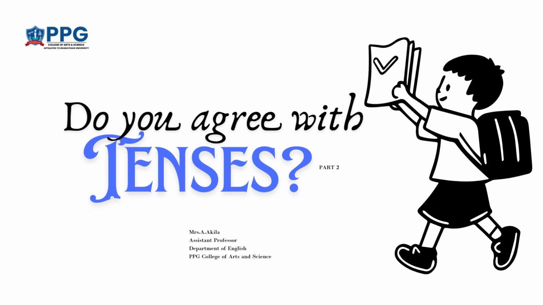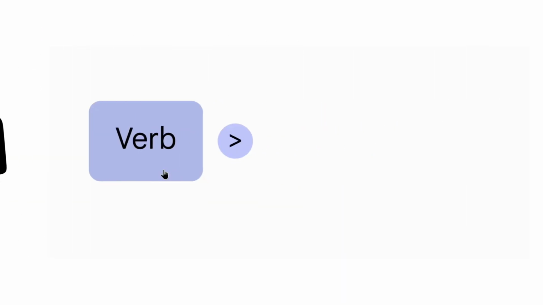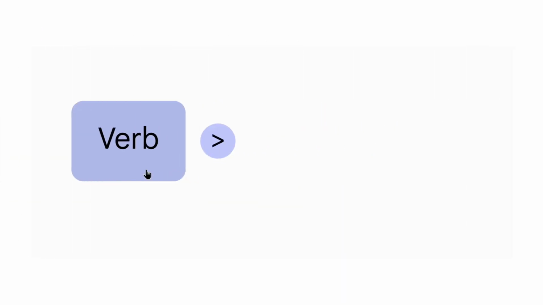Like in the last video, we discussed what a sentence is and what a subject is, and the things that can be there in the subject, like nouns and pronouns and everything. And in this video today, we are going to discuss the next part, that is the verb. As you all know already, a verb is an action word, right? So you can ask me now, what can be there in the place of the verb in English whenever we are making sentences?